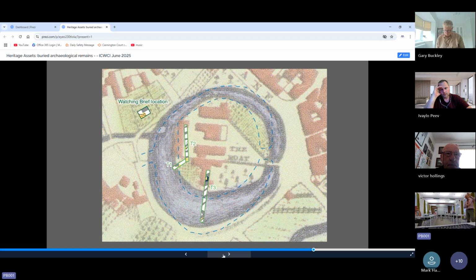So we did that with a square pit in the top corner there. To give you a bit of scale, that's about 5 metres by about 3 metres. And then these 2/2.5 linear trenches, which we opened up to see if we could find if there are any buried archaeological remains beneath that concrete slab. And this concrete slab is still there now, in places about 4 foot